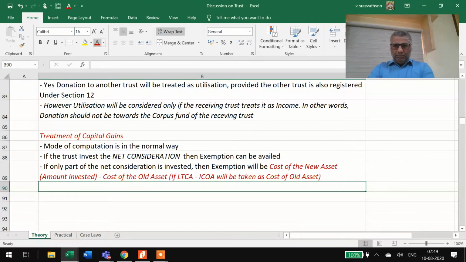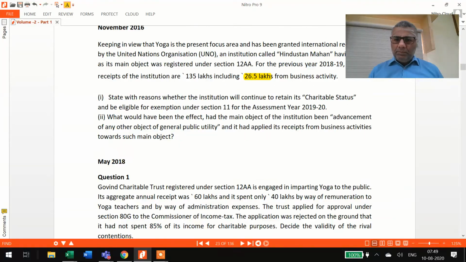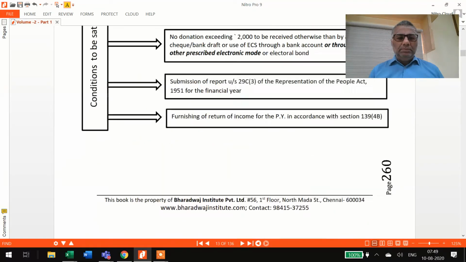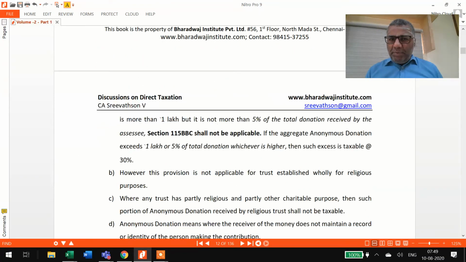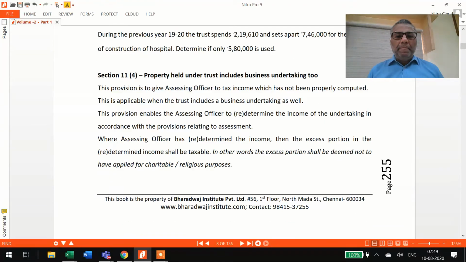Sir, here in this case, we don't have a time limit for investing? If I'm not able to invest within the due date of filing, I invest in that right amount. CGAS and all is not there, but here you have 11(2) as a provision. You can apply still. Okay, got it. Sir, so you mean to say section 54s are not at all applicable for trust? Not applicable, sir. Section 54 is only for individual and HUF, sir. Okay, sir.